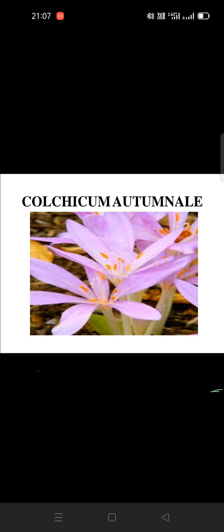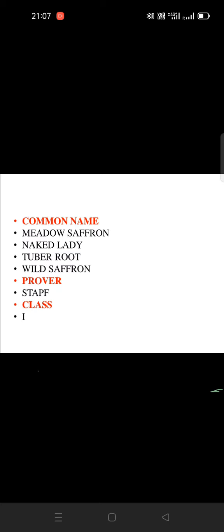This medicine is proved by Dr. Stapf. And Dr. Stapf has proved two to three more medicines, like Antim tart and Lac defloratum. These are the medicines which were proved by Dr. Stapf, including Colchicum autumnale. And Colchicum is commonly known as meadow saffron, but rarely